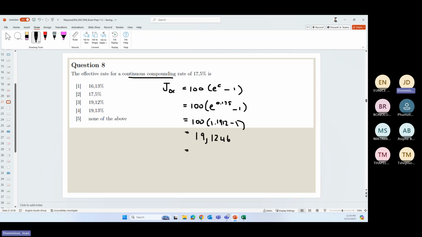And then if I round that off to 2 decimals, 19.12%. Sure, this is not nice that there's one as close, because one could very easily, if you guys now rounded it off